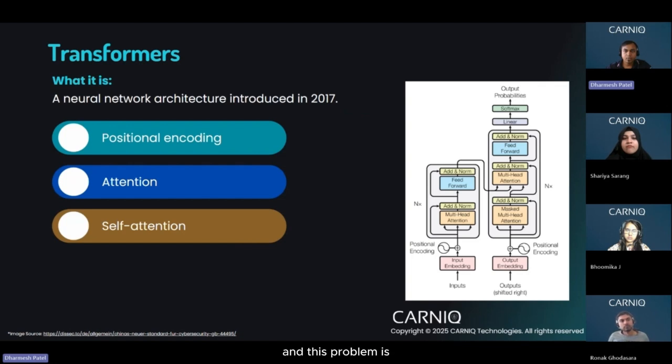And this problem matters because language is the primary way humans communicate. So that's where it was important that something came up. Until transformers came around, let's take an example: translating one language into another. How was it happening? It was happening via the RNN, which is called the recurrent neural network.